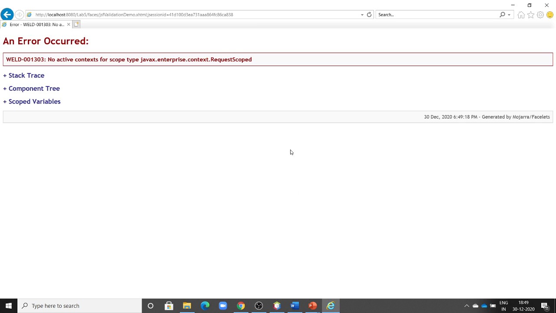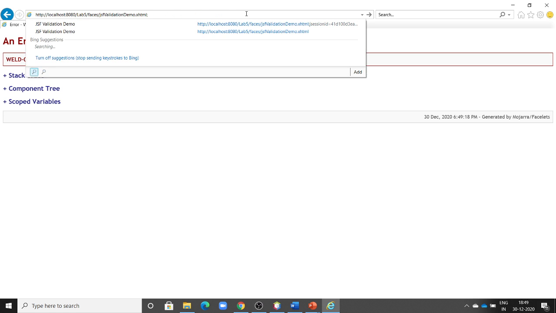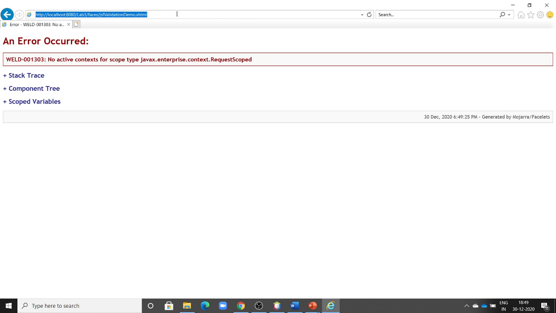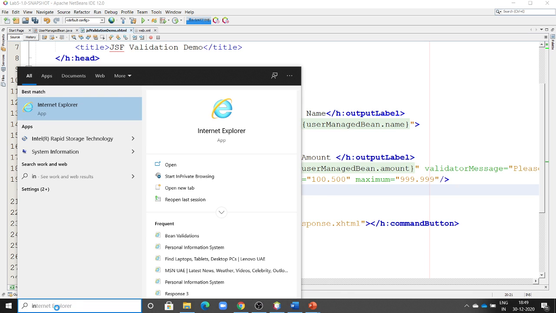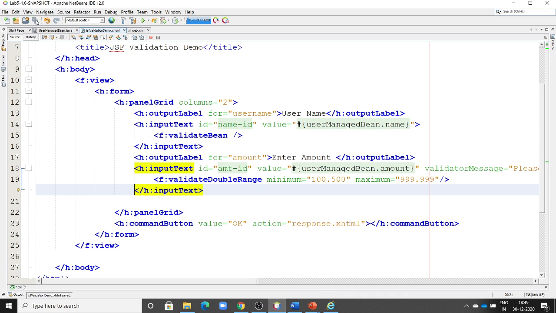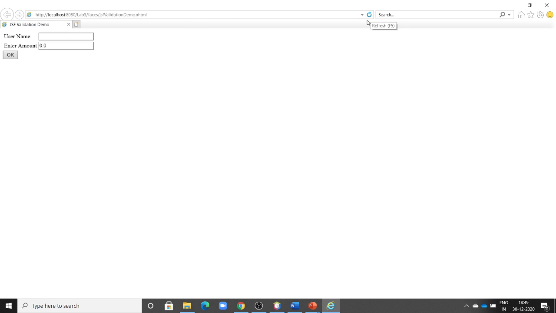Now I am going to refresh. Okay, just cancel. Suppose it is expired, see, the request scope is expired. Again, the session is expired because our session is request type. Therefore, we will open a new browser because the old browser session is expired. Okay, now again we'll open the new browser and paste. Okay, now see that, still it is not saved. That's the reason. The JSF page is not saved. Now refresh. Yes. Now if I click OK, enter the amount between